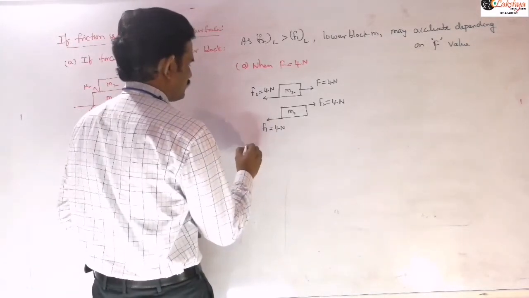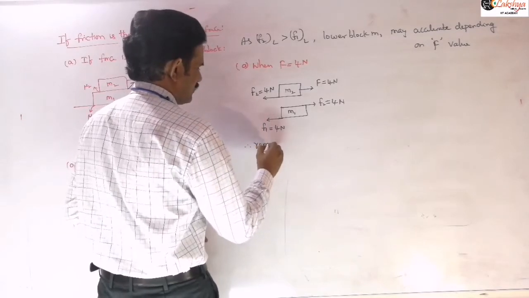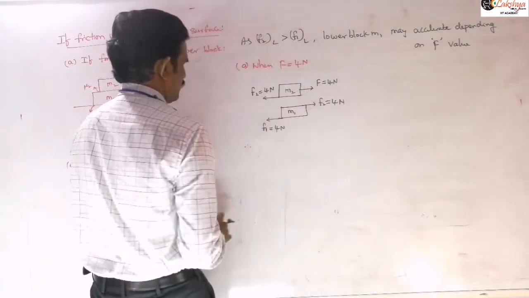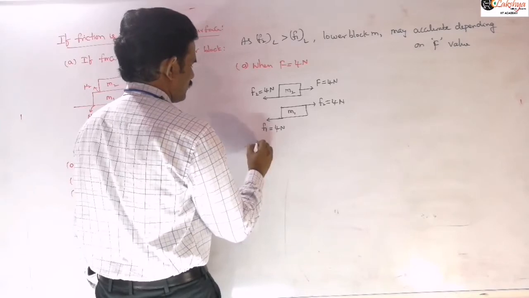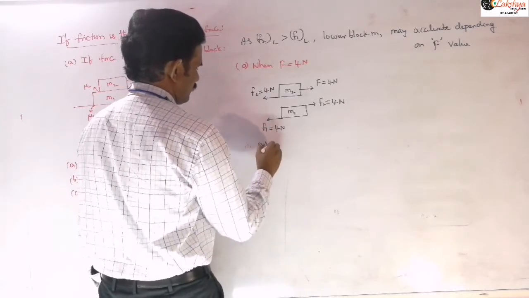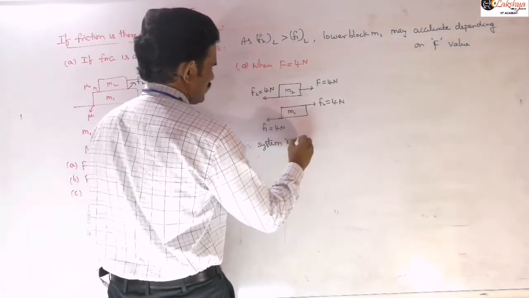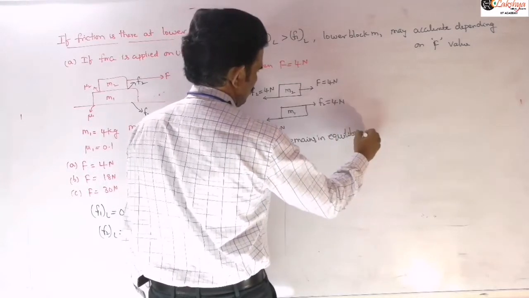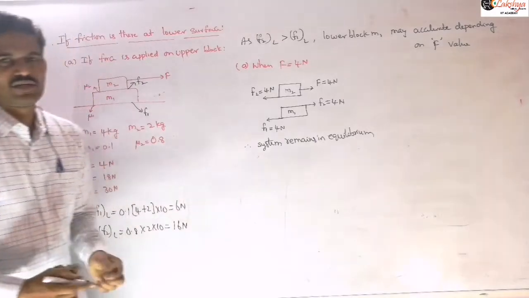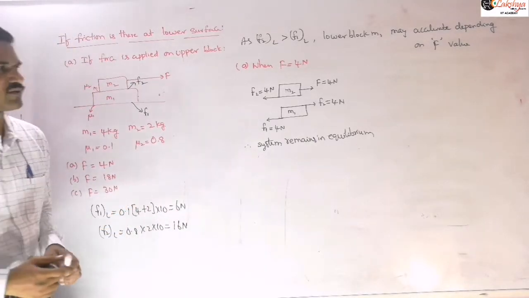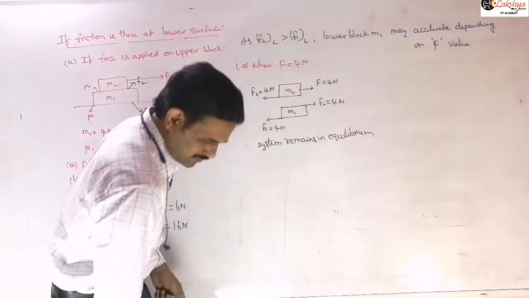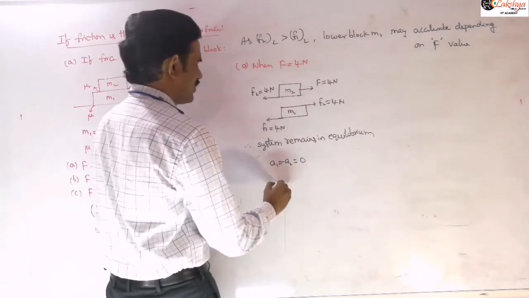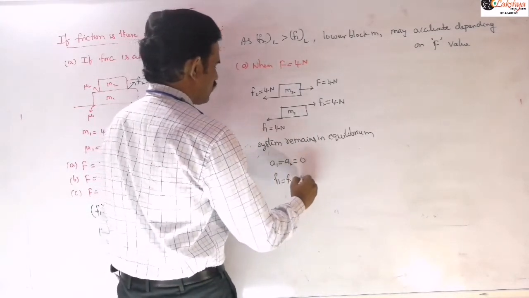And so therefore the system remains in equilibrium, right? So that will be the case for this here. And so now when the system remains in equilibrium, you can write these accelerations and then frictional force there. So acceleration of the blocks will be 0, and then F1 is equal to F2 is equal to 4, we can mention here.